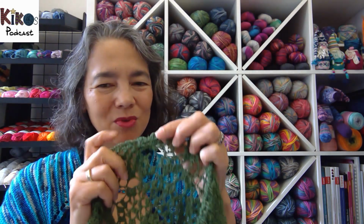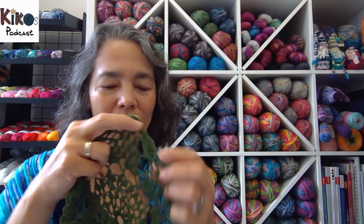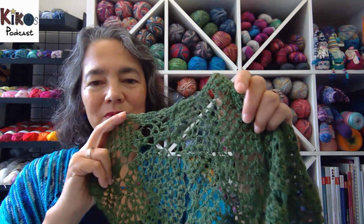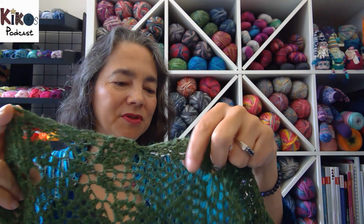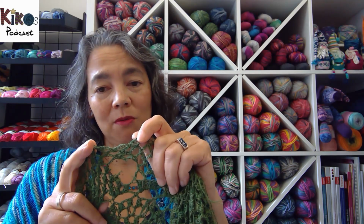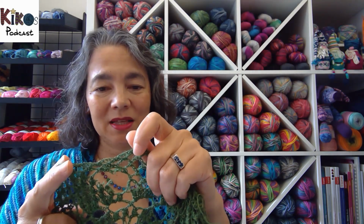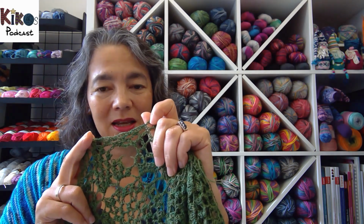So I don't know whether a moth got to it or not. It's the only hole in this project, and I haven't had any other moths anywhere. And as I said, there was no other yarn, no other knitting near this because it was on top of the shelf. But this is just a huge big hole, and there's no way I can fix this. There's several rounds affected, and